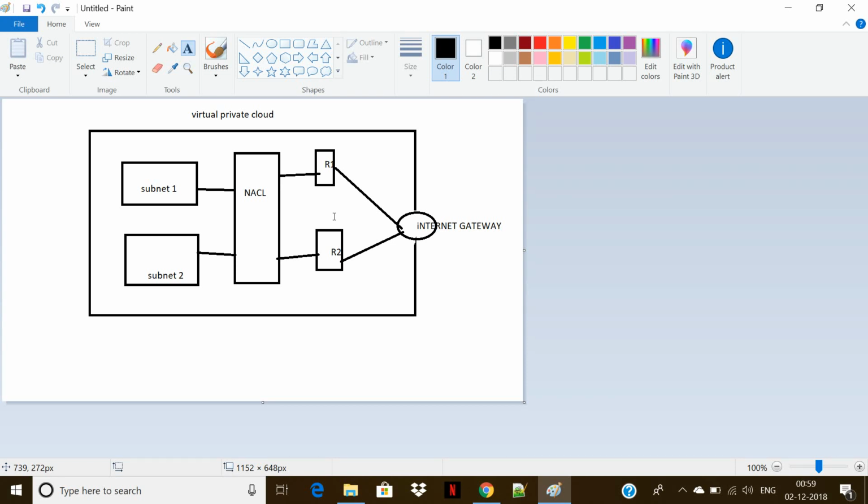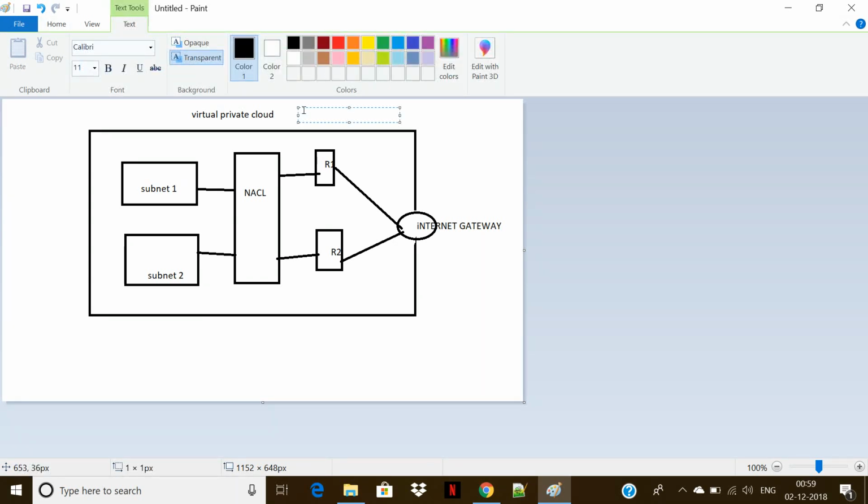The next one is NACL. NACL stands for Network Access Control List. Network Access Control List acts as an umbrella for security before subnet. It denies the IP range if you don't want the connection from it. Unlike security group, which allows an IP range to talk to